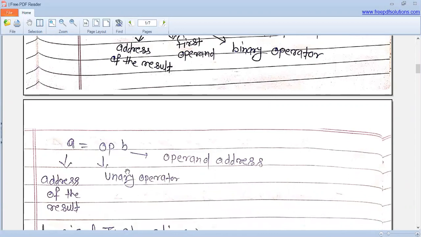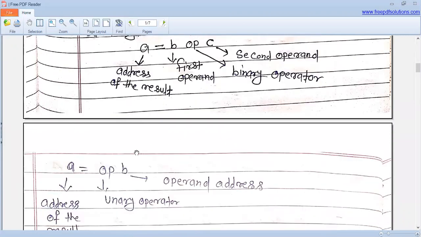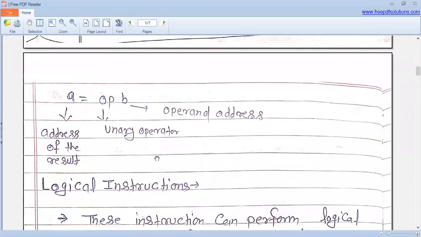Like A is equal to unary minus B. If I use a single operand here, then we can say this is the unary operator. So in the arithmetic operation, there are two types of instruction. We have the operator working as a binary operator, and the operator as a unary operator.